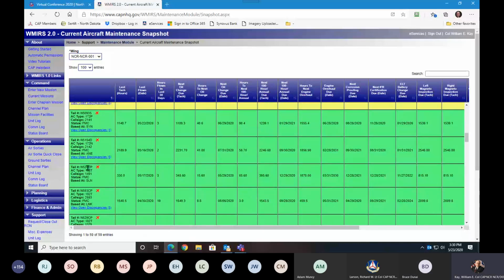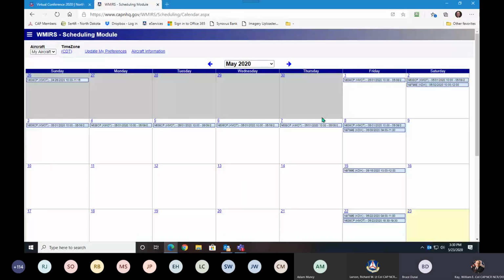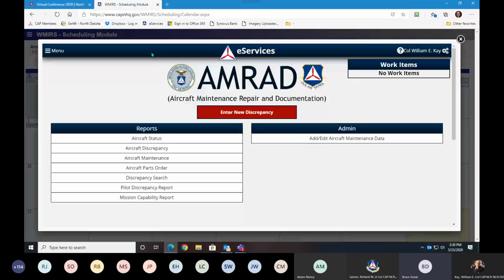I know that one is. There's an aircraft info module under scheduling link, but I didn't know if... Yeah. See the aircraft information there, but that always takes me... It takes you to AMRAD. So it does work for you. Okay. Yeah. It takes you to AMRAD, and my AMRAD screen probably looks a little different than yours because I